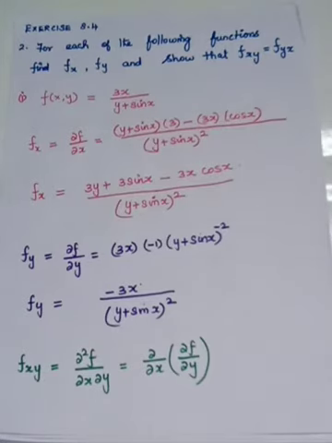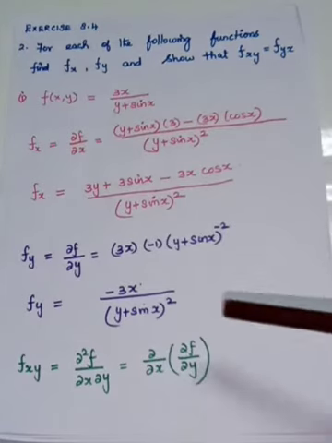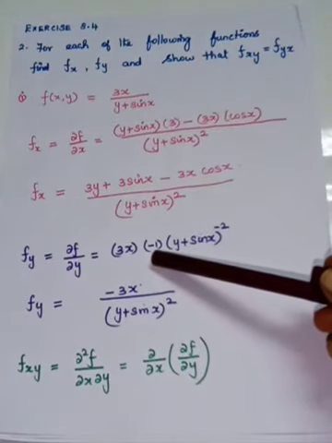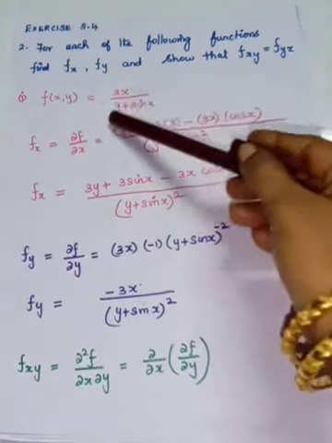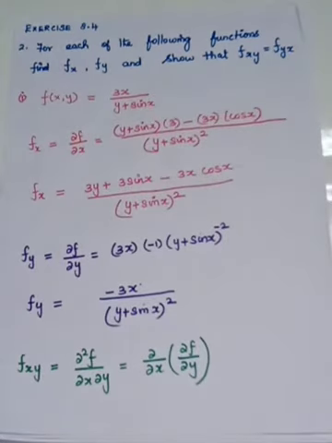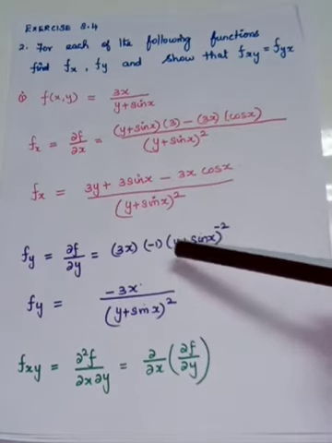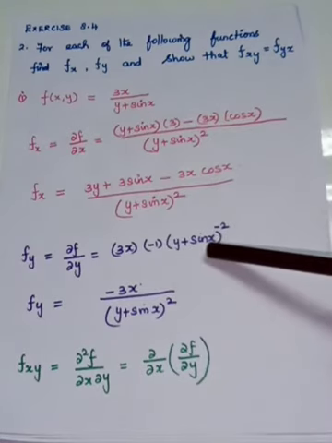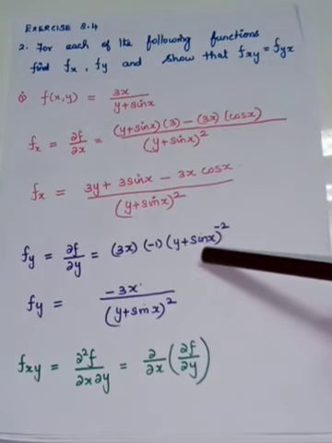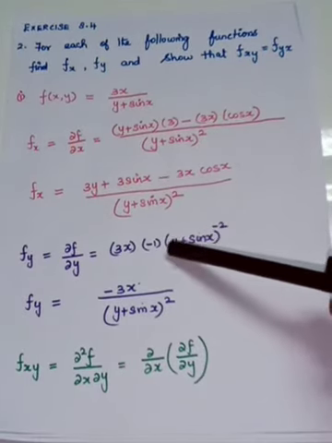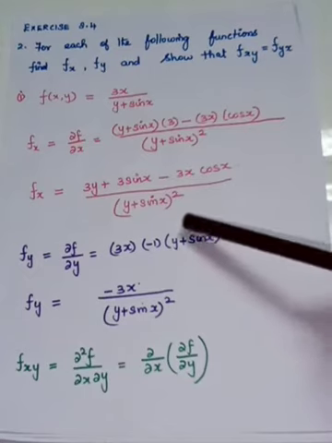It is minus 1 by y squared. So in the place of y squared, what you are having? y plus sin x. So I have written it as minus 1. Why has this minus 1 come? Suppose 1 by y, the differentiation is minus 1 by y squared. So minus 1 by, instead of writing the denominator, I have written in the numerator, y plus sin x the whole power minus 2. Okay, and this y plus sin x has to be differentiated again.